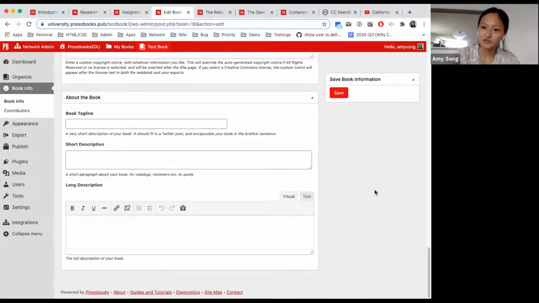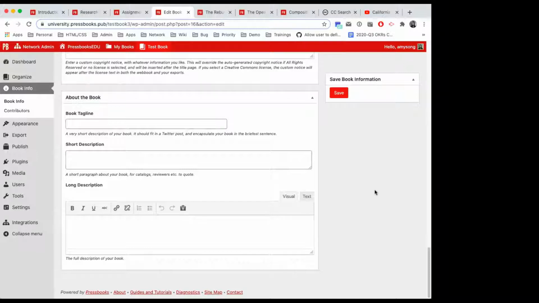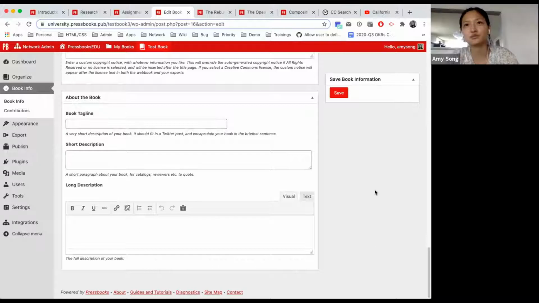That is really up to you, because the visibility of a book is really dependent on how visible you want the book to be. Even if you set it to public, the chances of someone finding that book without being on the network is pretty slim. So it depends on how you want to go about it. So for example,